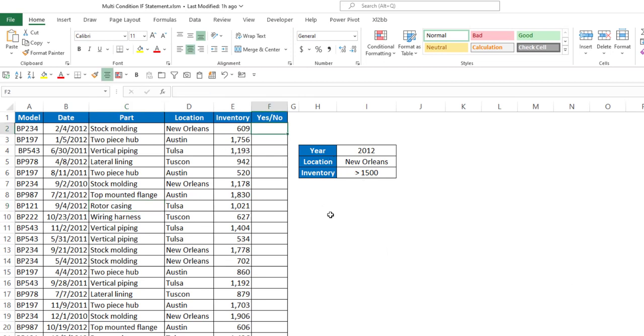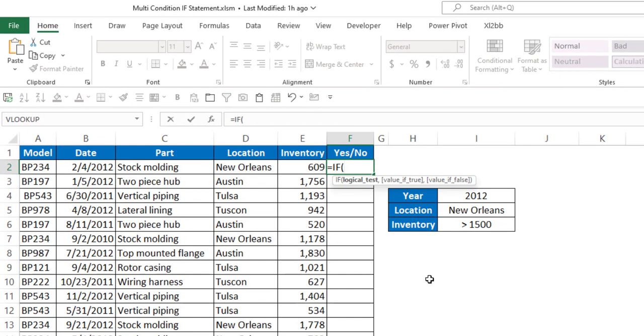It's going to be an IF statement, so we'll say equals IF, and I'm going to have three different possible conditions here. I'm going to put in a set of parentheses and say if the year of this date equals what I have in cell I4, and I want to lock that, close that parenthesis, plus if the location equals what we have in I5, again I'll lock that,